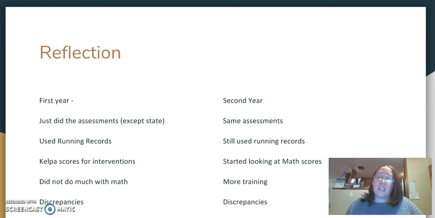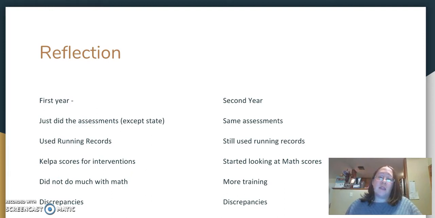The SRI and SMI, which is the Scholastic Reading and Math Inventory, I found out were timed, and if the kids took longer because they needed the time to process, it would dock their score. The second year of my teaching, in 2nd grade, the same assessments were done, still used running records,